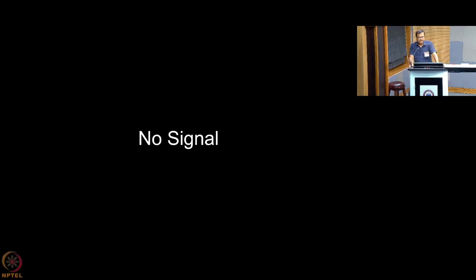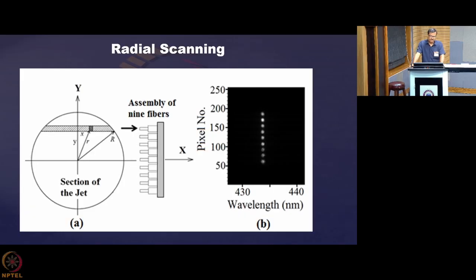Now here I am showing you one thing. This is the actual photograph. So the dots that you are seeing over here are basically in the CCD as it has appeared, and these dots are basically the light collected by different fibers that are here. So these fibers are collecting light. This one is collecting whatever the atoms are emitting along this chord, that is getting collected over here. As I was telling, the central one is collecting along the diameter, and they are coming over here.